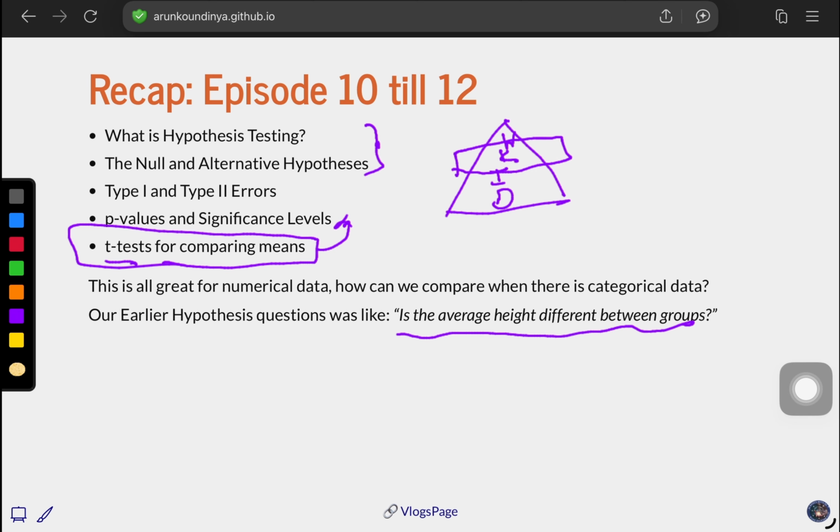Most importantly, we have seen all these things for numerical data, to answer questions like, is the average height different between groups, or is the average height for a class maybe 4 feet for a particular grade. Okay, now